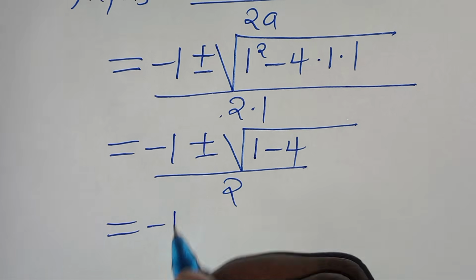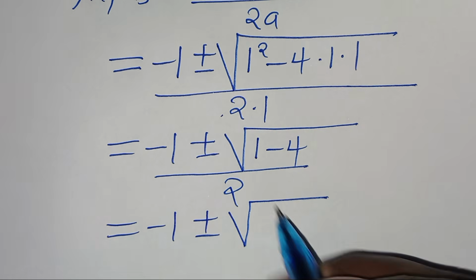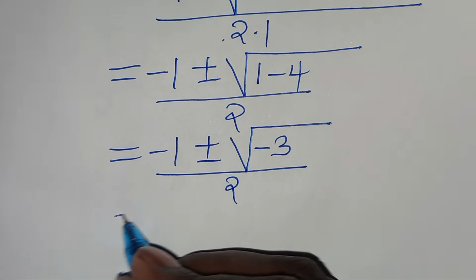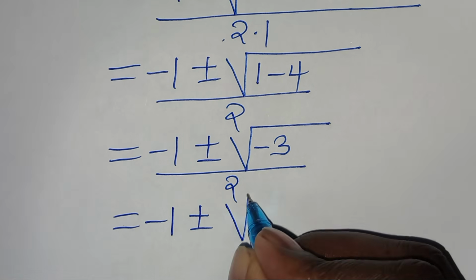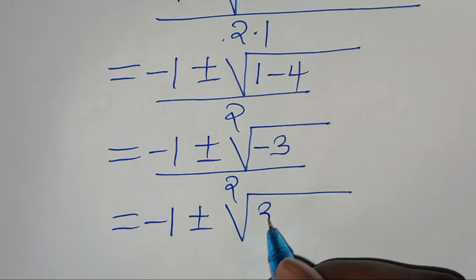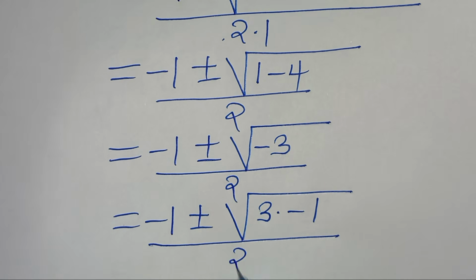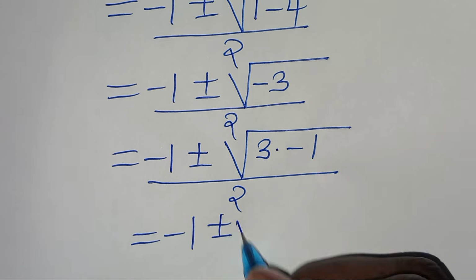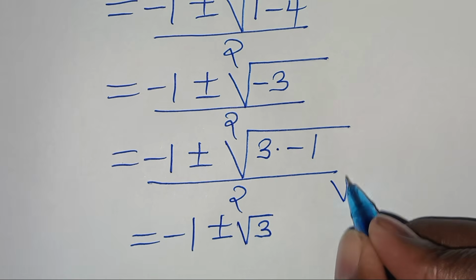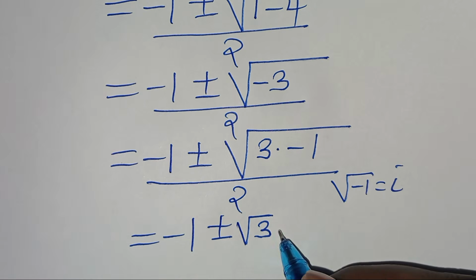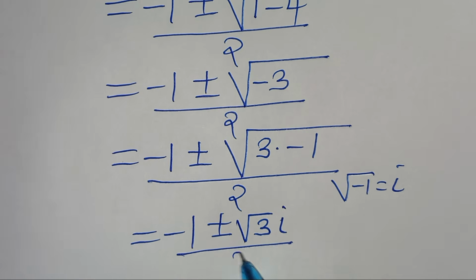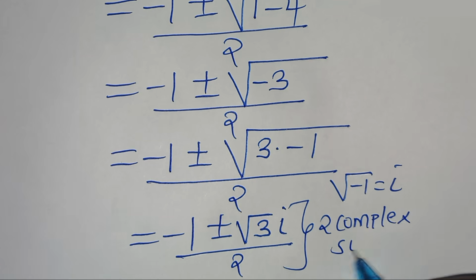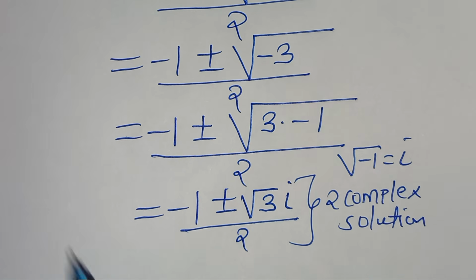So this is minus 1 plus or minus the square root of 1 minus 4, this is minus 3, then divided by 2. So here we have minus 1 plus or minus. We can express square root of minus 3 as square root of 3 times minus 1, divided by 2. So this is minus 1 plus or minus square root of 3. And we have a square root of minus 1. This is equal to i. So we have square root of 3 i divided by 2. So these are two complex solutions. These are two complex solutions. So we have x2,